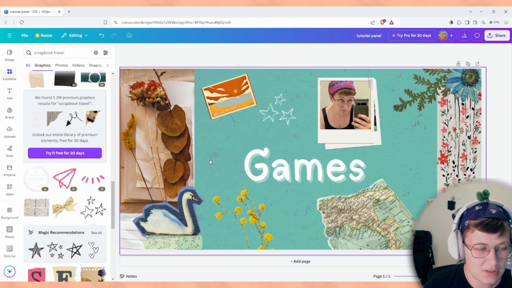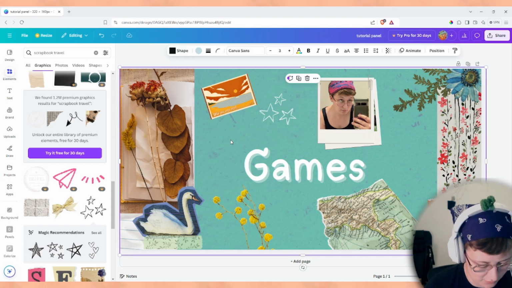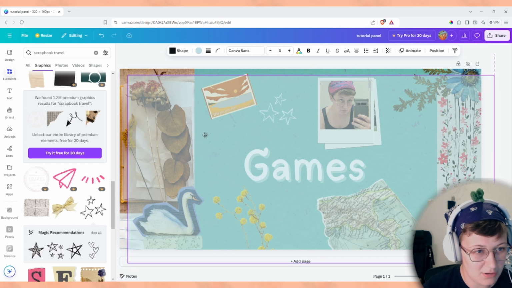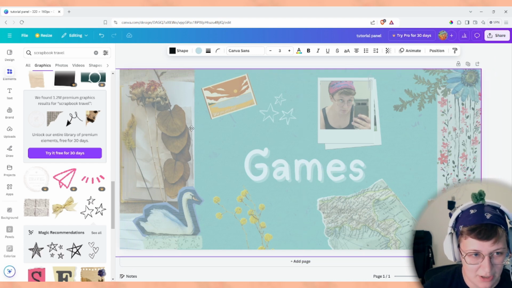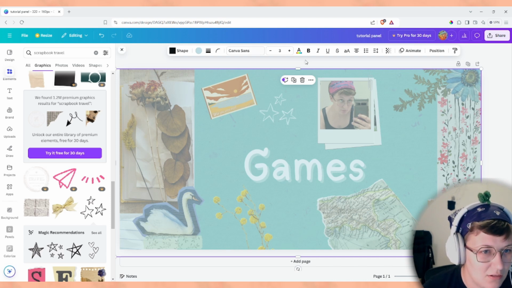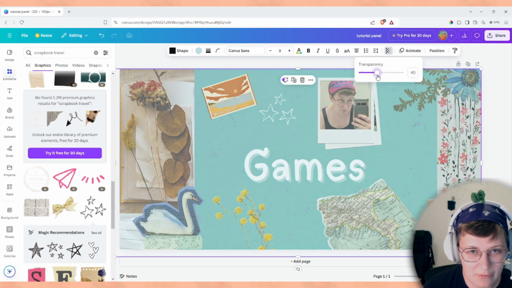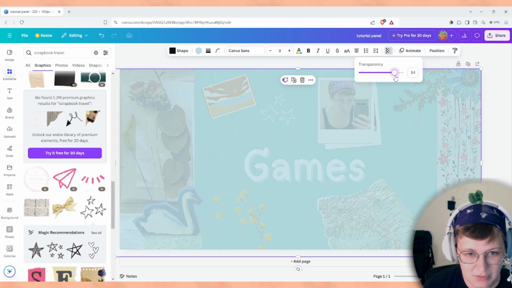What you can do is add a second overlay. Since I've already added one for the background, I'm just gonna copy and paste it to get another one. What this does is it will bring all of your elements together that are different colors to make it look like it matches more. I might up the transparency a little bit. Depending on the kind of vibe you're going for, you can have it be a light overlay, or if you want the colors to look a little more uniform and faded, you can up the transparency so that it's more of something in the background that is not as much the focus.